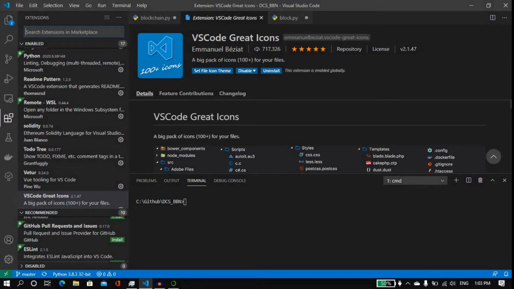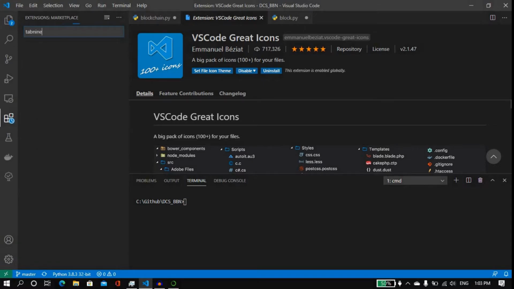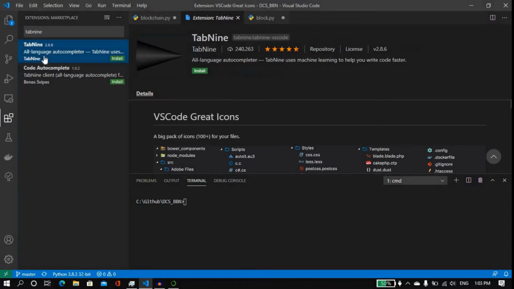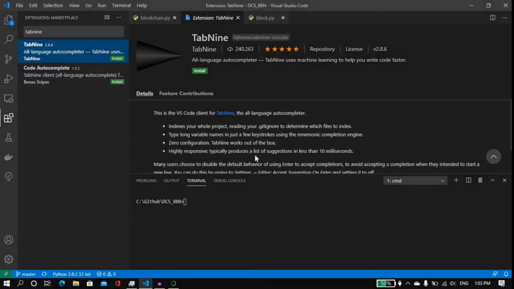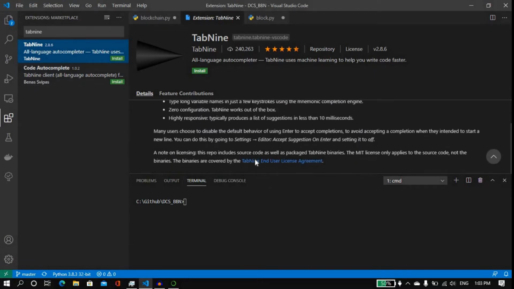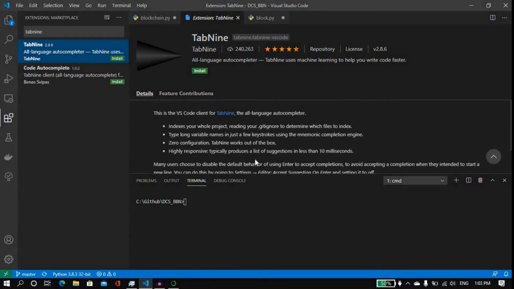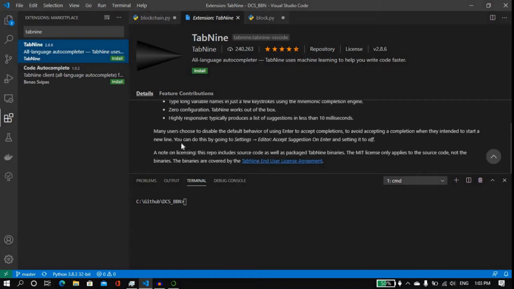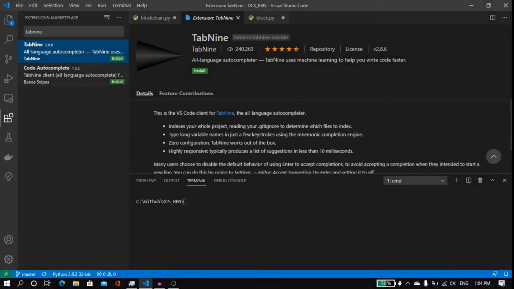Along with that, I'll suggest a new extension, which is Tabnine. It is a great extension and it will automatically suggest further code. It is heavy on the computer, so it will require 1.5 gig of RAM on its own to run. If you have a good high-end computer, then you can use this for sure. This is free for all users, so please go and check this out. I do use it sometimes, though I don't use it majorly while doing blockchain.